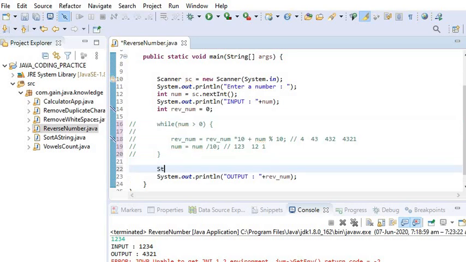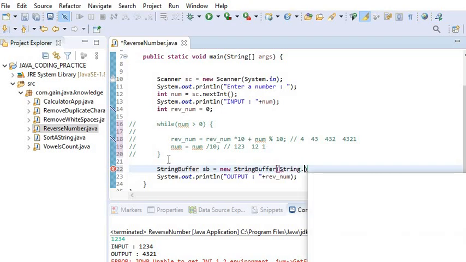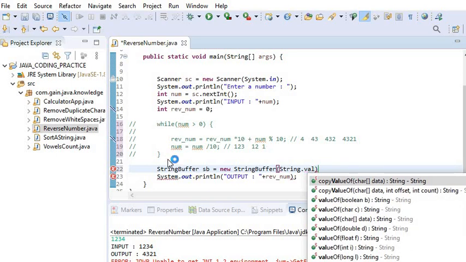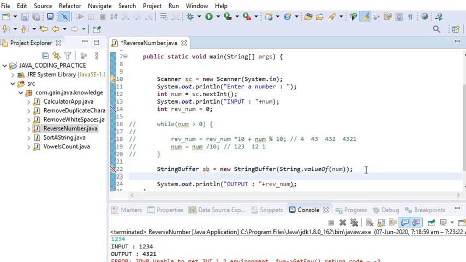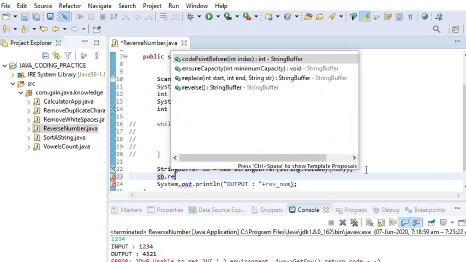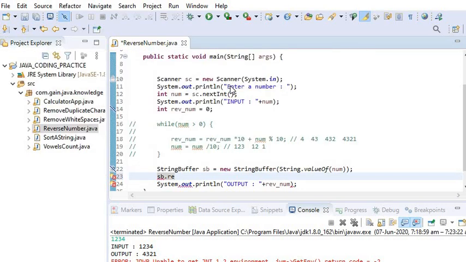Here we will take the StringBuffer class, sb is equal to new StringBuffer, and here I will convert the integer into a string using the String.valueOf method, which converts the int into a string. Then I will call the sb.reverse function.